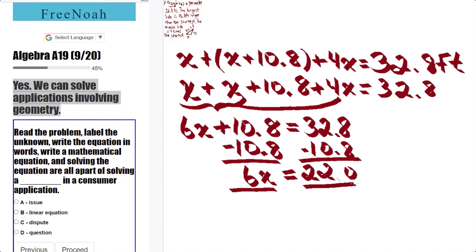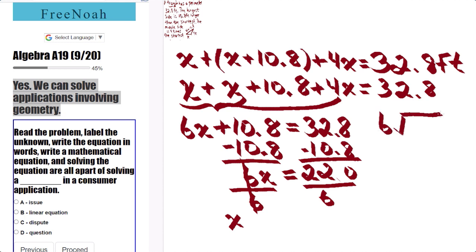The next step here is to isolate the variable, the x. We isolate the variable x here by dividing by 6. So both sides get divided by 6. So 6x divided by 6, and then 22 over 6. This isolates on the left side our x. And now if we were to perform the long division,